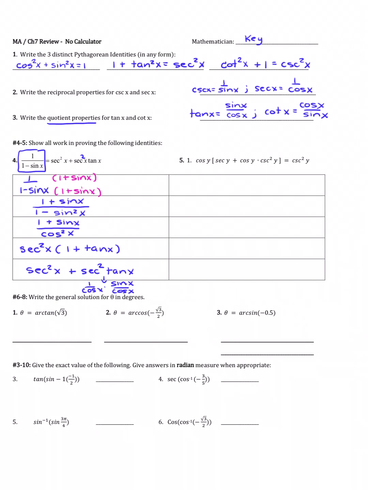On the other side, we're just going to distribute. So this is going to distribute to here and to here. Starting off, cosine times secant is 1, because they're reciprocals, plus I have cosine squared y times cosecant squared y, and that becomes 1 plus cosine squared y over sine squared y, and that is going to be 1 plus cotangent squared y, which is the cosecant squared y identity. Okay, so now